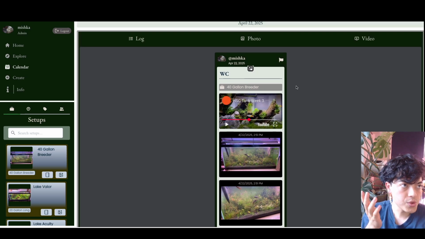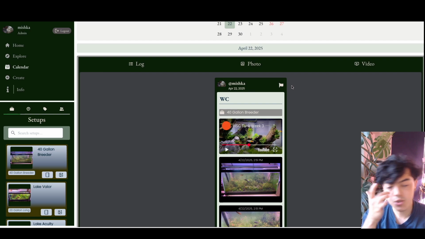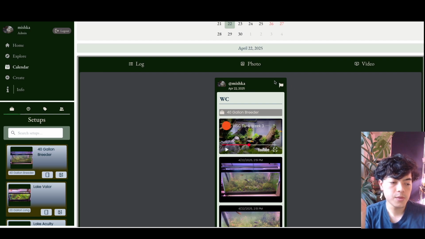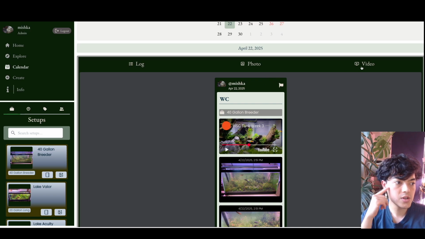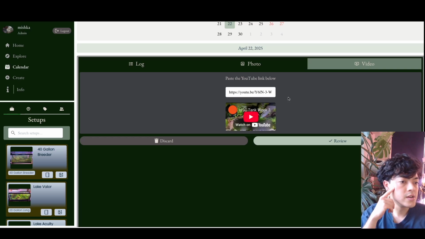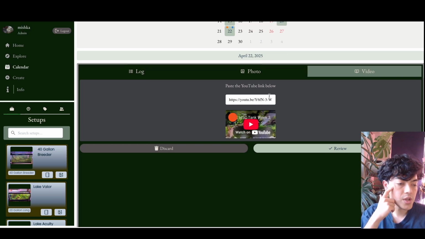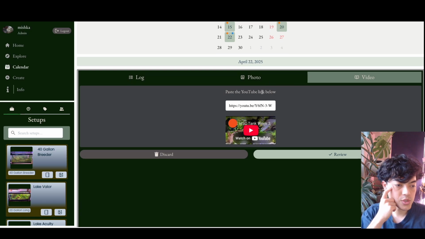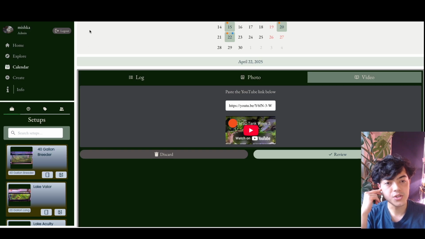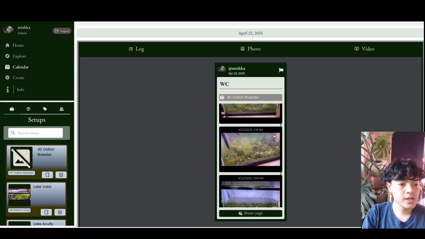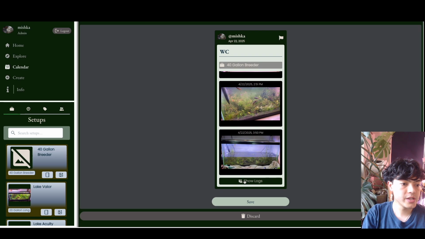So this is pretty cool in that if you're filming a fish room tour and doing progress updates of your tanks, for each tank that you have, you can just get the timestamp that it starts in the video and throw it in here. So for one video, you can have multiple tanks, multiple journals linked to it. It's a pretty cool feature with a lot of potential, I think, for other future sub features. But yeah, I'll hit review, and now you'll see there's a button here that says show logs,